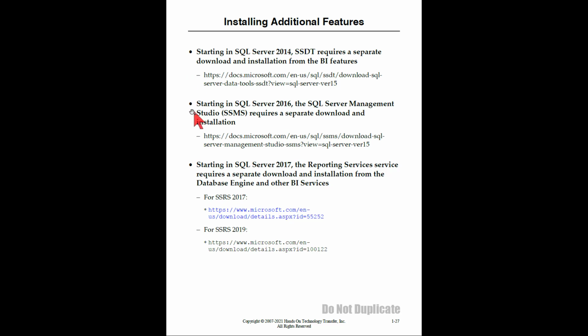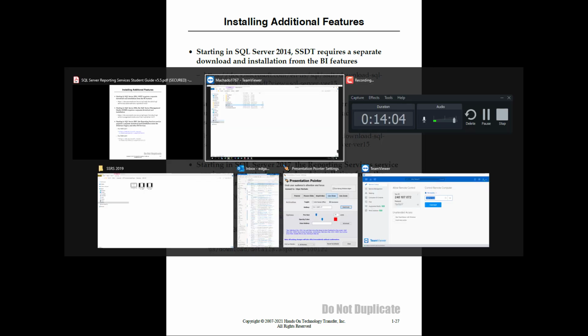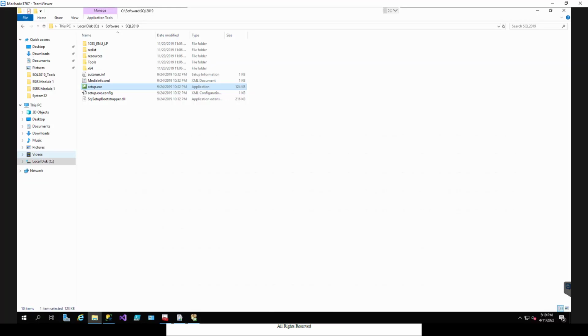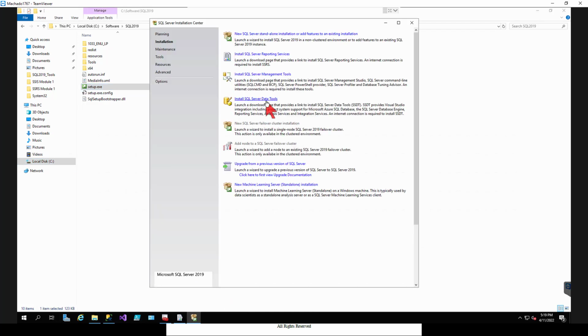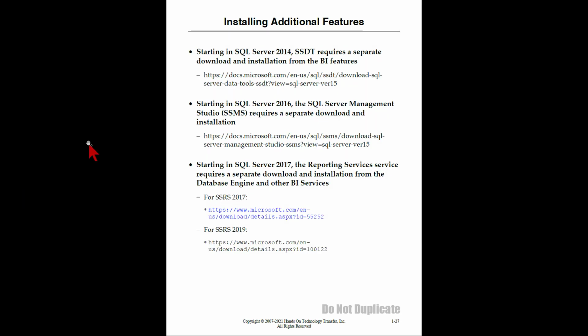2016 introduced SQL Server Management Studio as a separate download and install. You can also see that here at 2019. So if I go back to the SQL Server Installation Center, here's the SQL Server Data Tools, and right above it is the Management Studio. So that's a separate download and install. And right above it, as a reminder, is the reporting services. You can see some links here on the bottom of page 27 that are talking about the separate downloads for